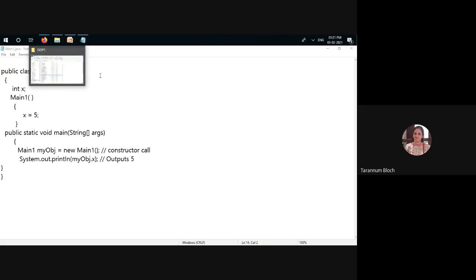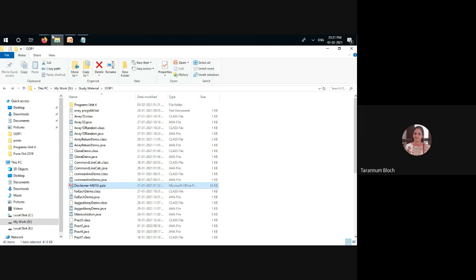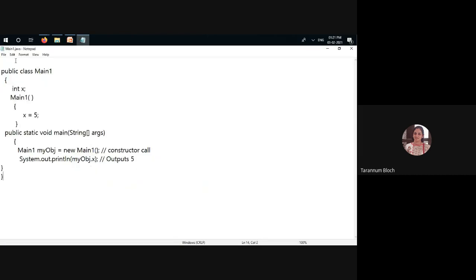For example, let us say integer a. Declaration of integer a, a simple variable, means that we are allocating memory to it, right? Whenever we declare an array and say equal to new integer 10, which is our size, it means that 10 into 2, 20 bytes will be allocated in the memory.